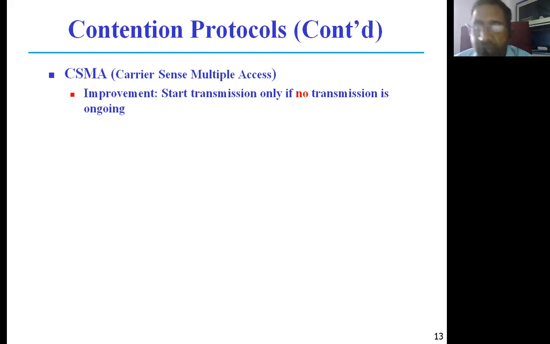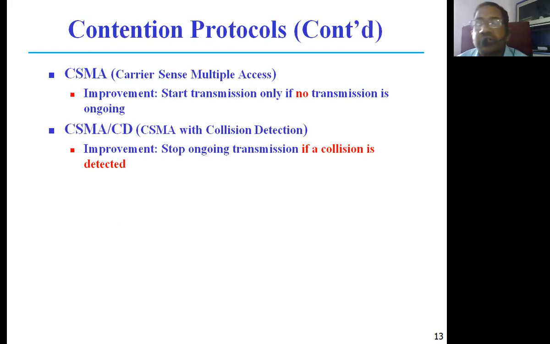Otherwise, don't transmit. So this is once again a handshaking which we have to do to know the status of the shared resource. That is the basic idea behind carrier sense multiple access. We have to sense the carrier on the multiple access medium. Carrier means any signal. So we have to sense the shared resource before we transmit any signal onto it. That's why it's called carrier sense multiple access.